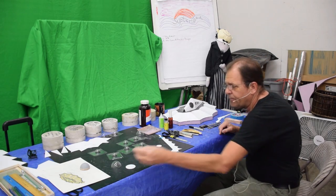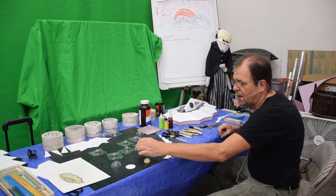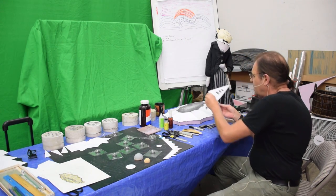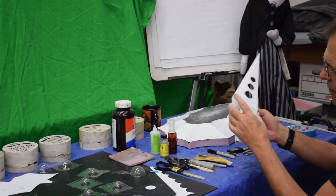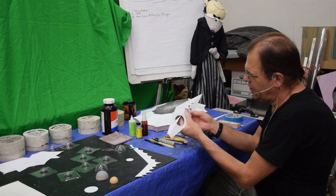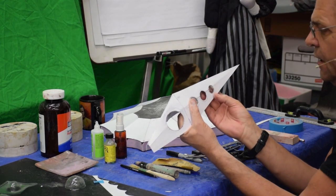I took a ball, cut it in half. It's a wooden ball, stuck it into the vacuum form, did that. This was an old piece of the Enterprise Master I used and vacuum formed over that to get this. And this fits right inside here, like so. And it fits so well, it actually stays put. Then with these, hey, those will go there. Beautiful. And then each one will get a little smaller going back here and a little less bubble,